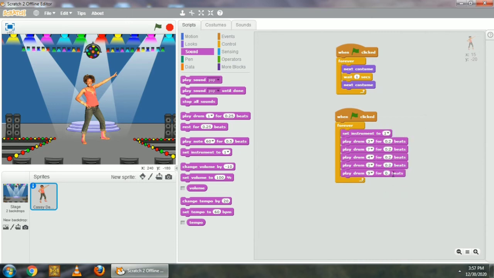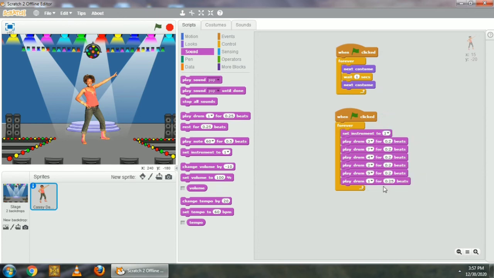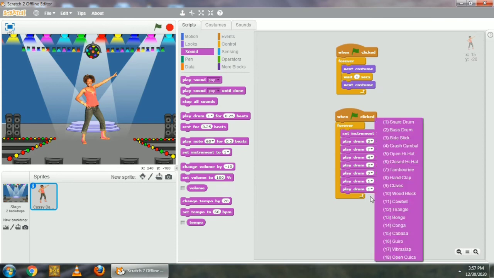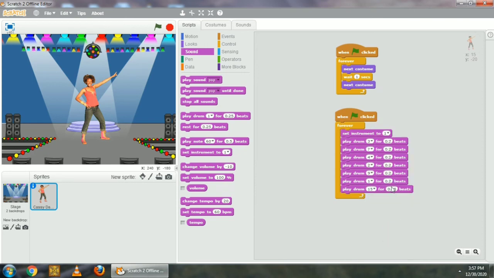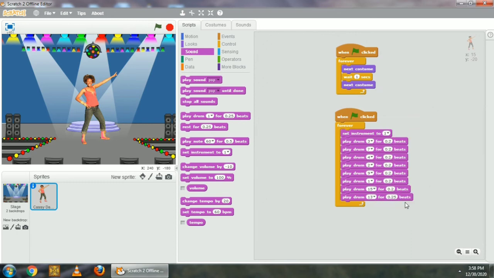Click on this and type 0.2 from the keyboard.